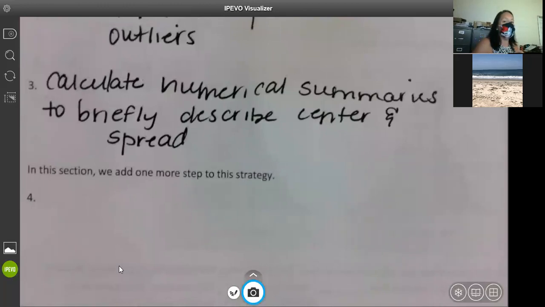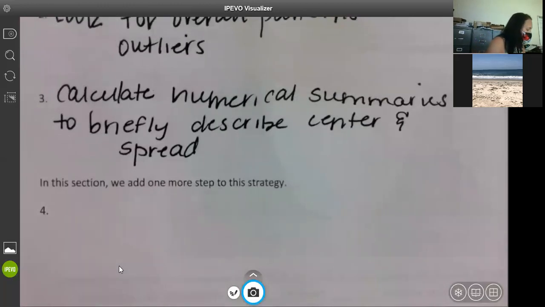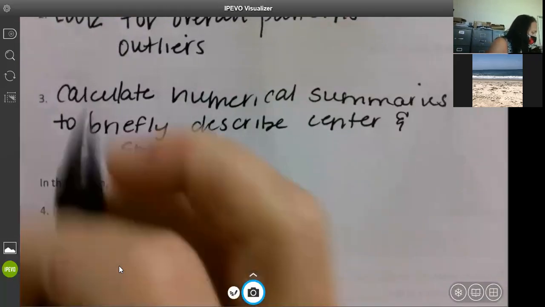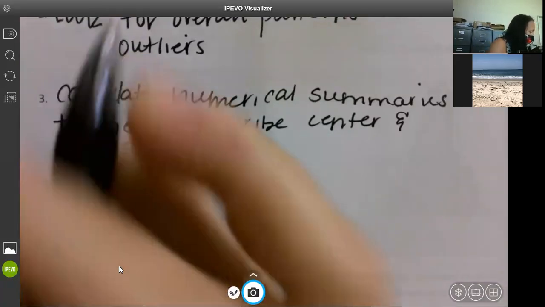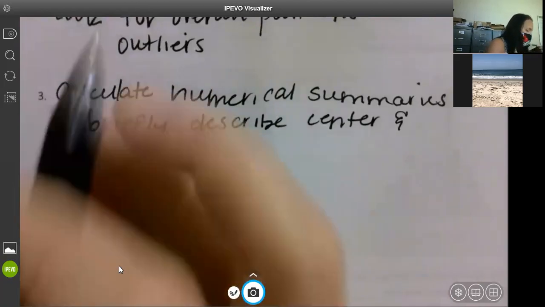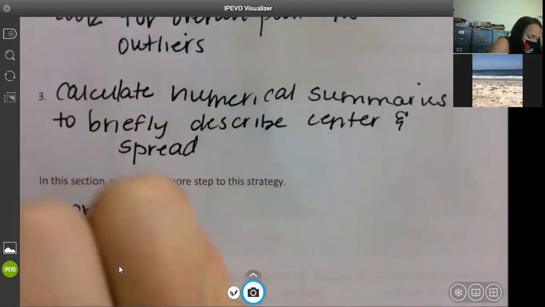All right. In this section, we're going to add one more step to this strategy. And that is sometimes the overall pattern of a large number of data is so regular that we describe it by a smooth curve. So that's what we're going to talk about. So sometimes